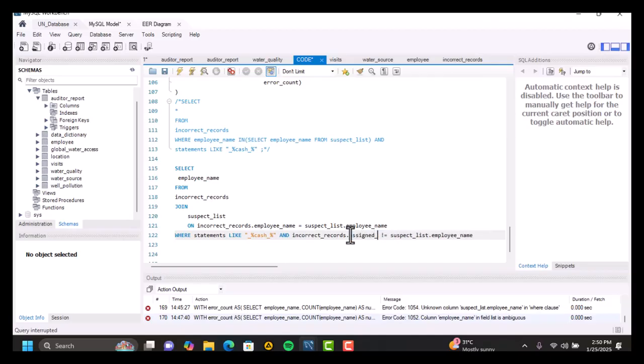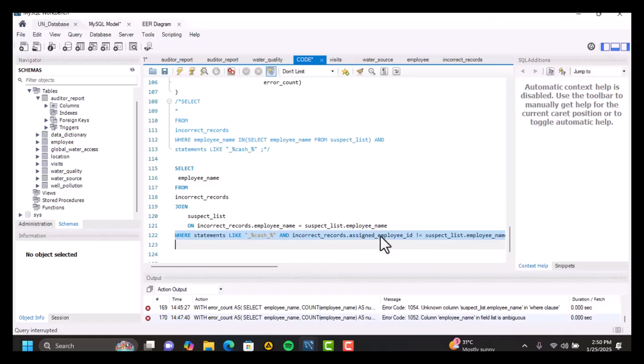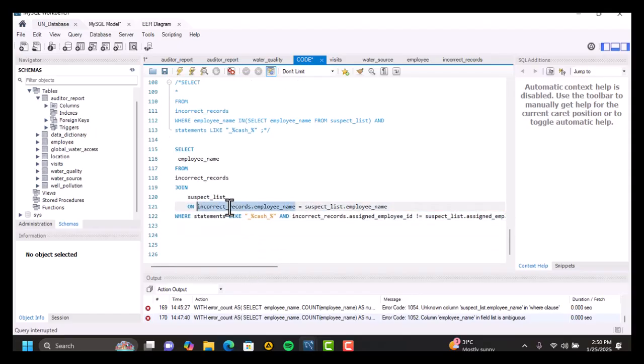Sorry, but let me remove the name. Right. I'm wondering why I cannot run this. Right. I'm told it is ambiguous. So